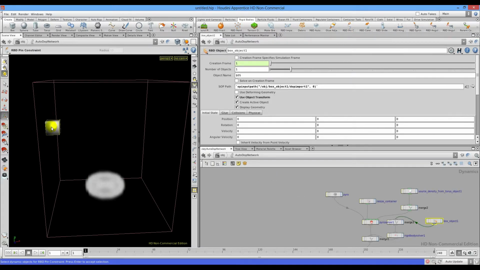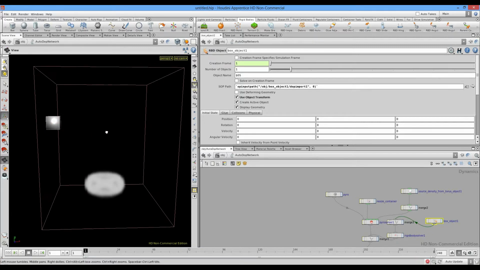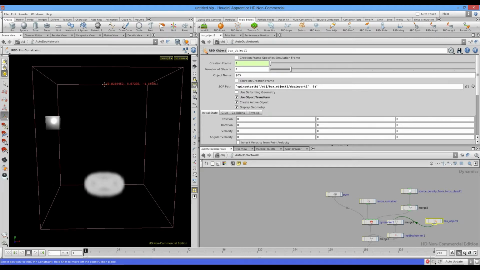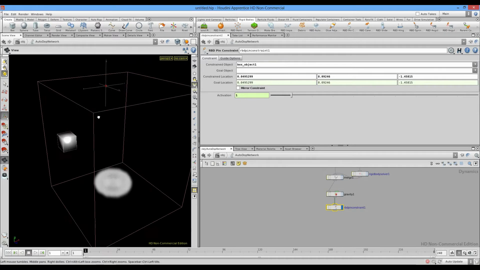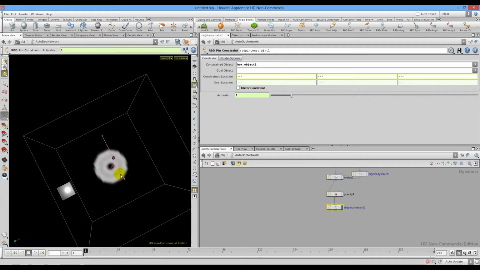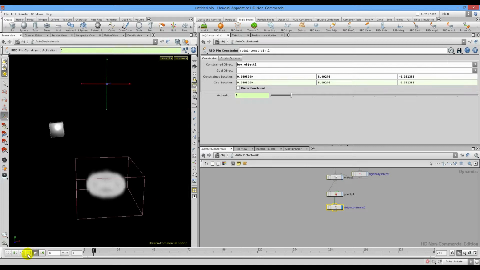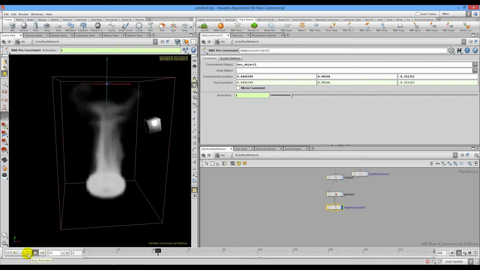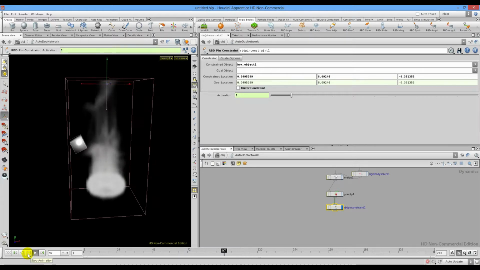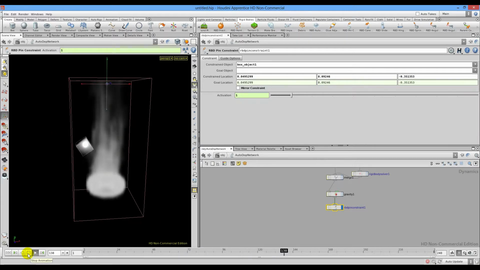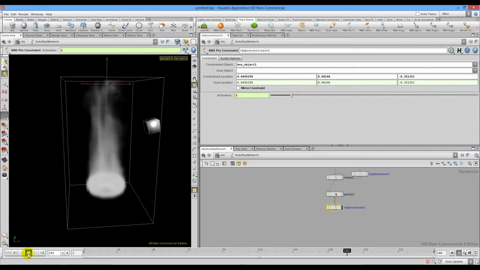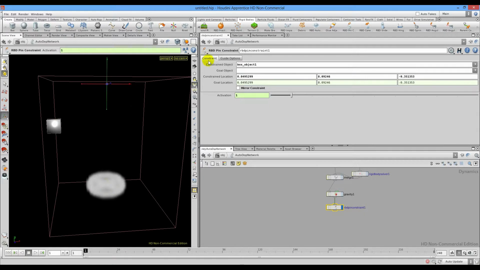So with my box selected, I click on RBD pin, and it's asking me to select dynamic object and press enter. So my box, hit enter, and now I need to set the point in space where my pin will stay. So something like that. Alright, and now let's play animation, and you see that the box is just swinging back and forth, and there is no collision, which is fine, because it's necessary to go to